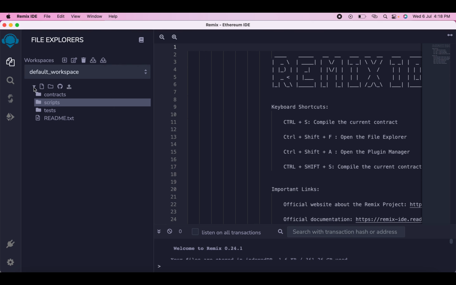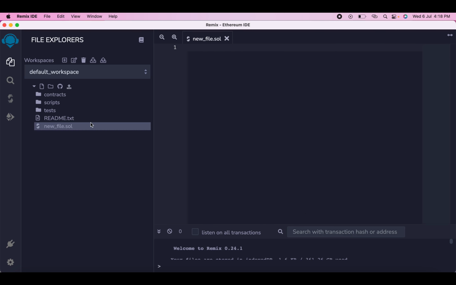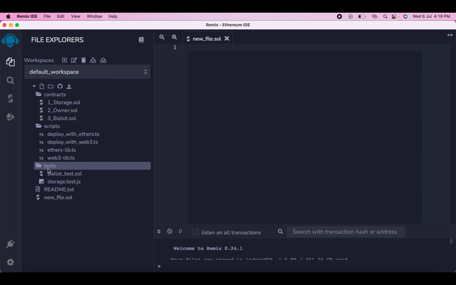Now let's come to the bottom section of the file explorer. Here this button is used to create new files like new file.sol. SOL is the extension for our Solidity code. Here are the contracts, here are the scripts. We will be looking into the contracts in detail in future videos, and we will also be looking into the scripts too. And here this is the test folder,